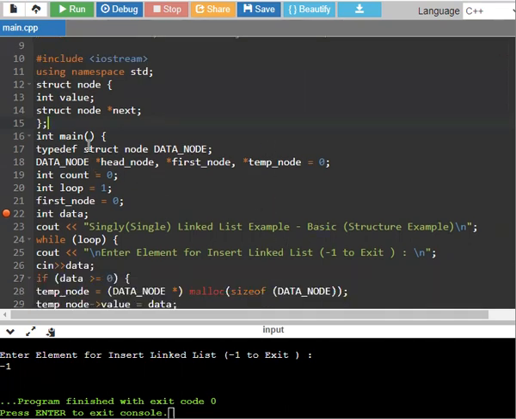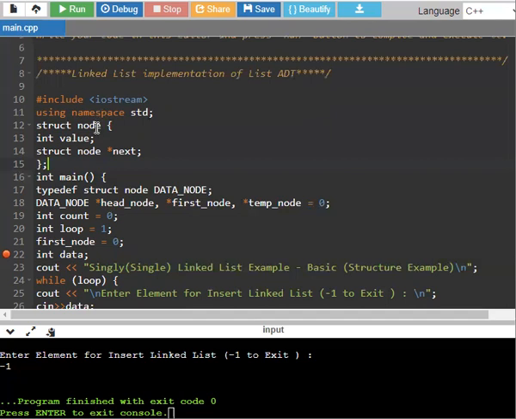So we have to frame the structure of the linked list for creating the list that can be stored into the memory space.